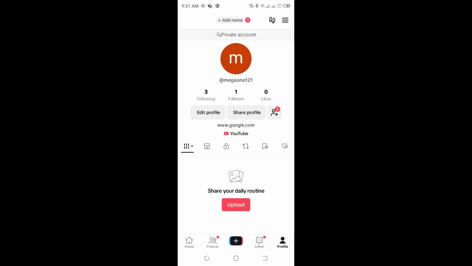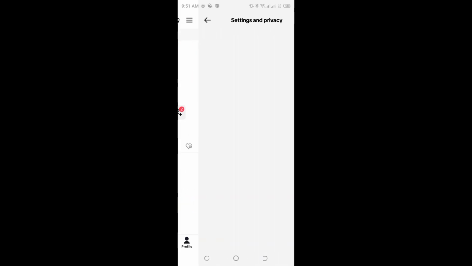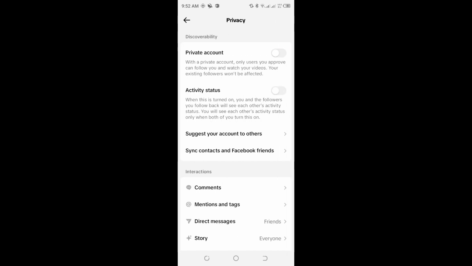And once you're on your profile, you have to tap on the three-line icon in the top right corner of your profile, and you have to tap on the settings and privacy to access your privacy settings. And you can see under the account privacy, tap on that privacy, and you have to toggle on the private account option like this, and this will make your account private and only approved followers will be able to see